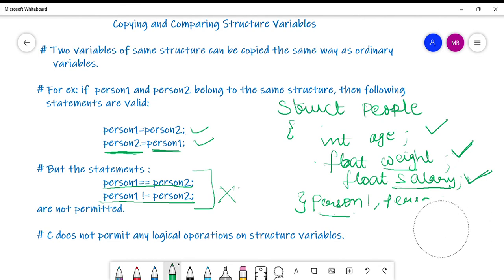One more example we can see here to do the comparison. Say for example, if I want to find out if the ages of both these persons are same or not.